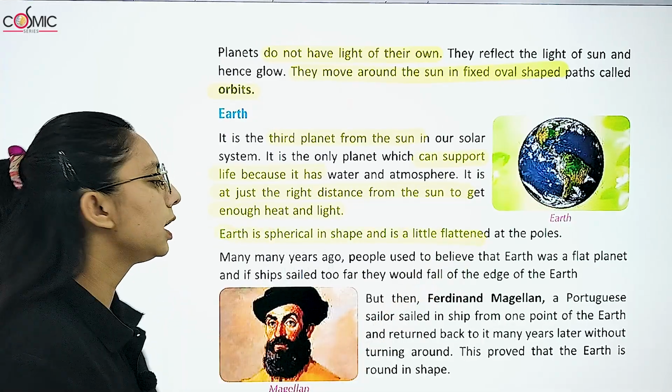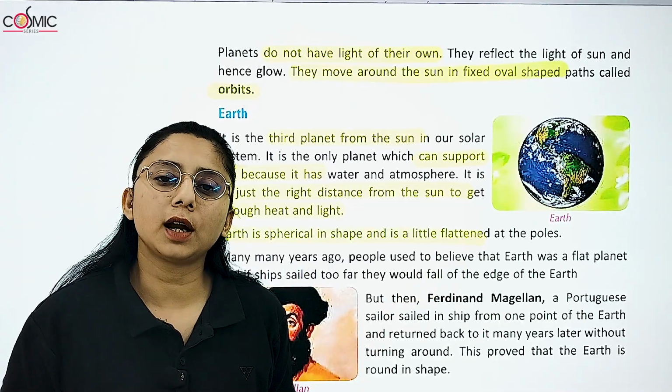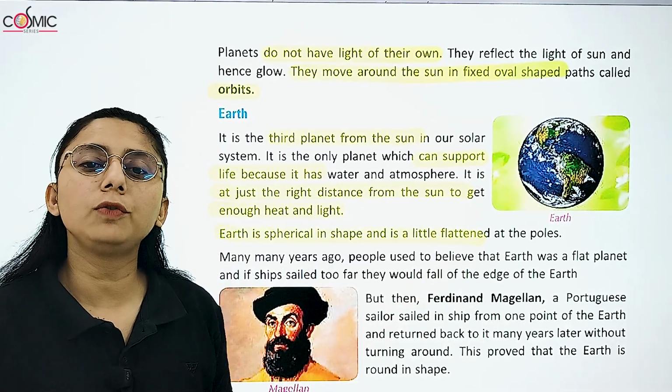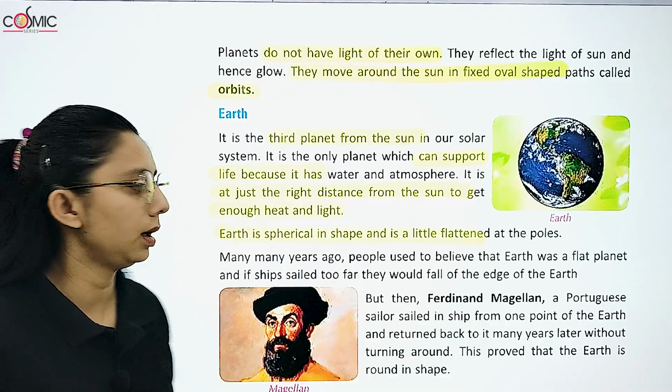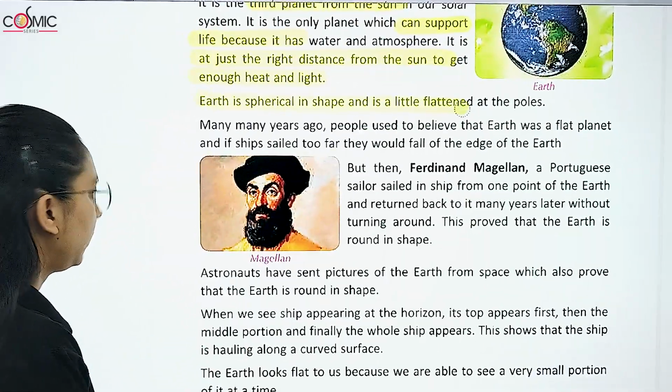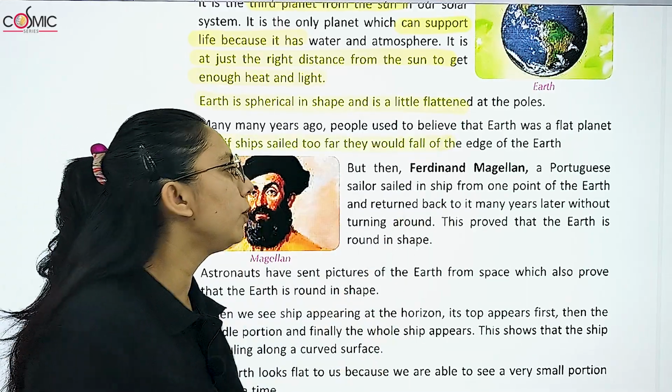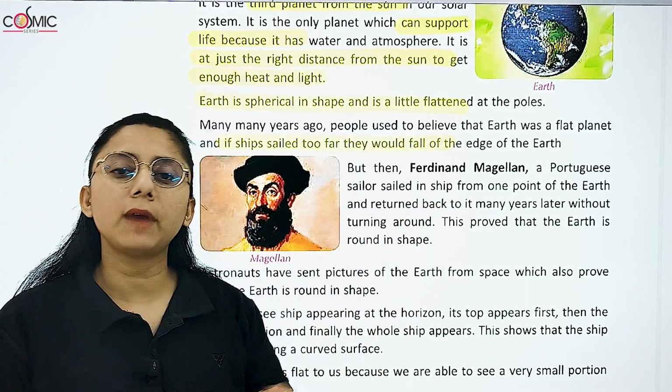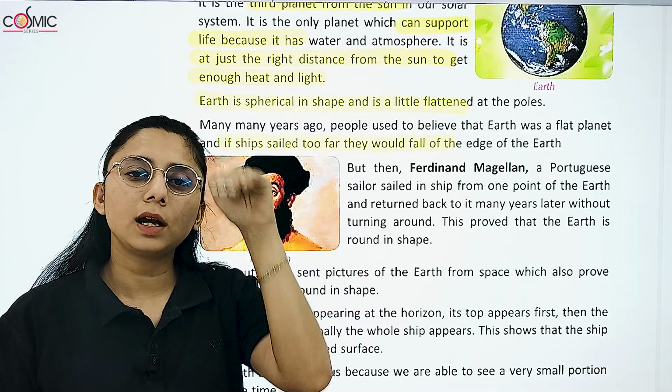Earth is spherical in shape और ये थोड़ा flattened होता है. कहाँ पे? Poles पे. अगर हम poles पे बात करें तो flattened होता है, equator पे थोड़ा bulging होता है. Right? Many years ago, people used to believe that Earth was flat, and if the ship sailed too far, they would fall. ऐसा लगता था कि flat है और ship sail करते जाएगी तो एक end पे आके नीचे गिर